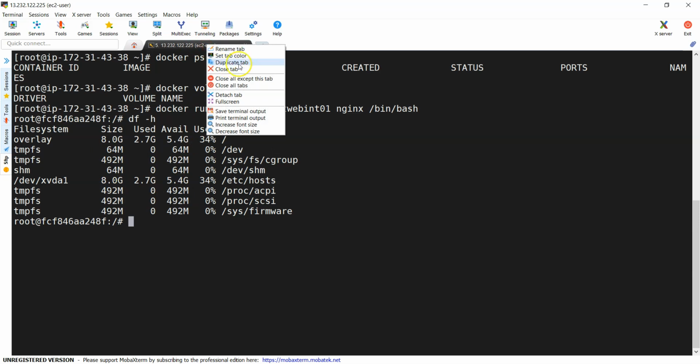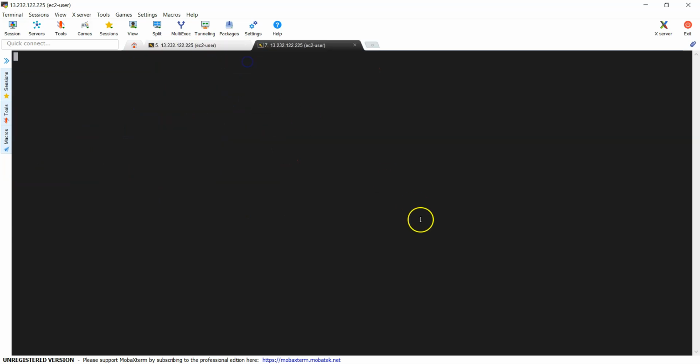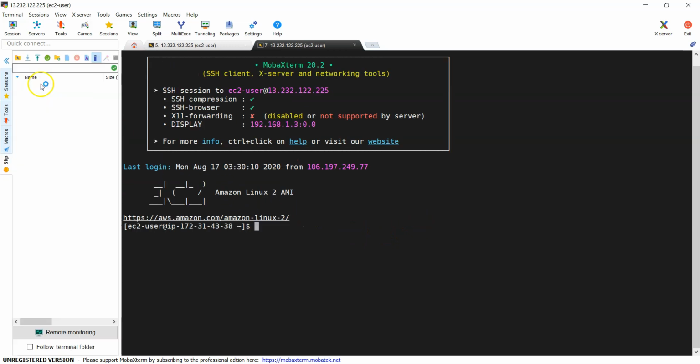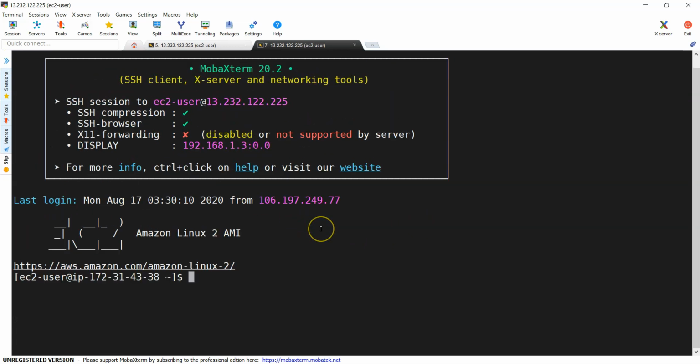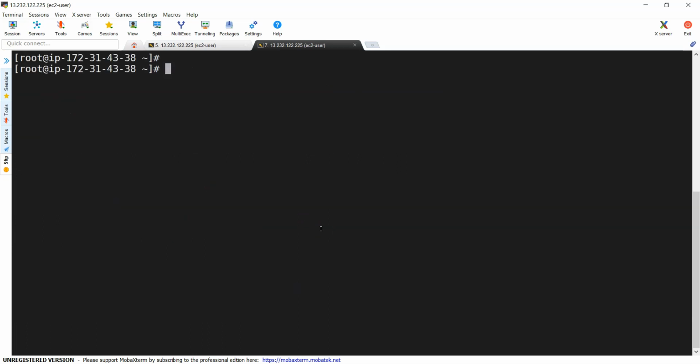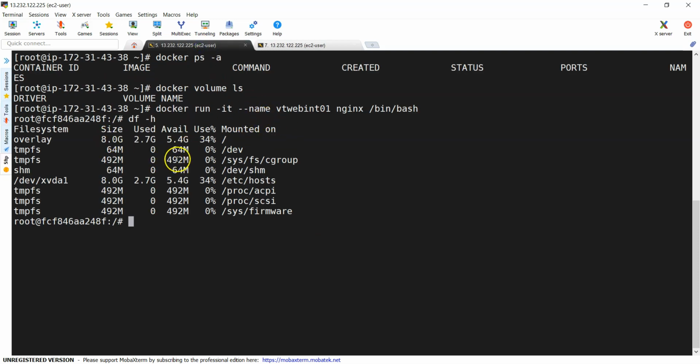Let me open a new tab for the same, become the root user and clear the screen. And if you run docker volume ls, you can still see there are no volumes. Why? Because we haven't used the -v flag while creating our container. So by default it used the root directory of your host system. To experiment with this, we are going to create a few files and see where exactly those files are stored on our Docker host.